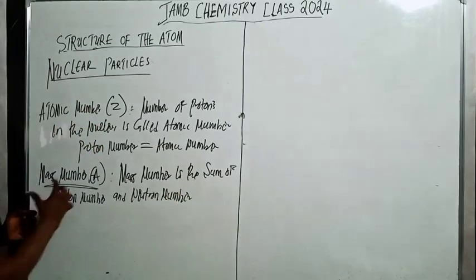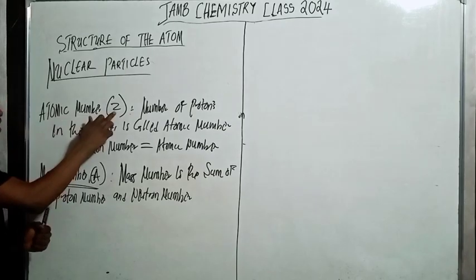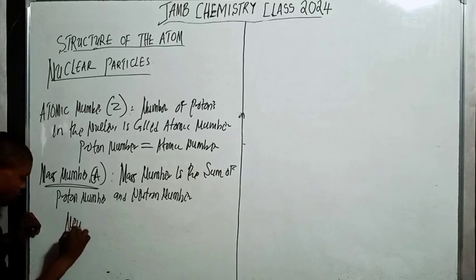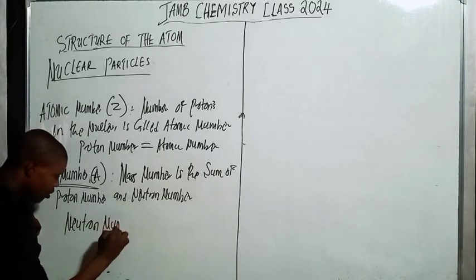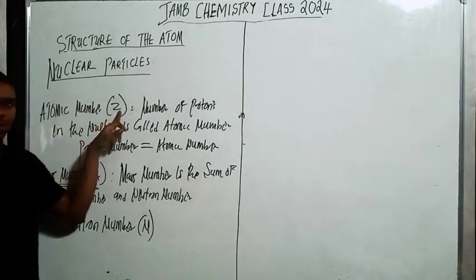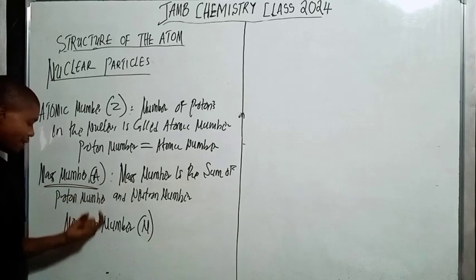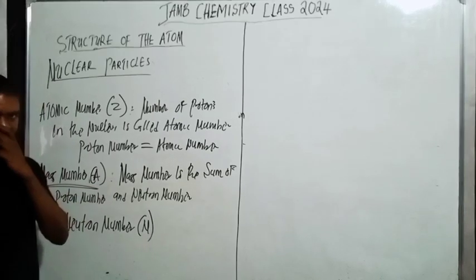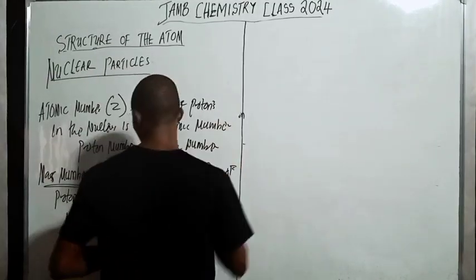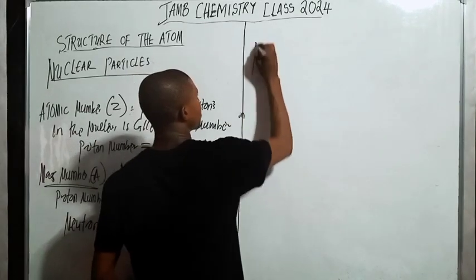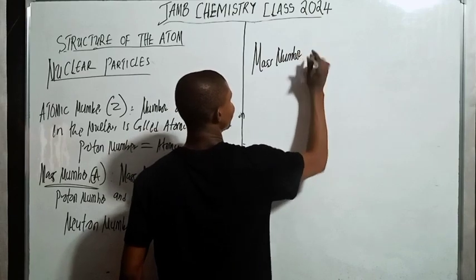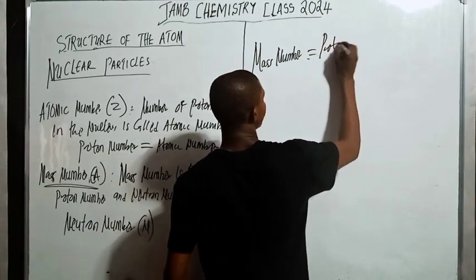Now, if the atomic number or proton number is Z and the mass number is A, then let the neutron number be denoted by N. So the atomic number is Z, the mass number is A, and the neutron number is N. Do you understand? Now you need to pay attention here. It means that my mass number is equal to the proton number